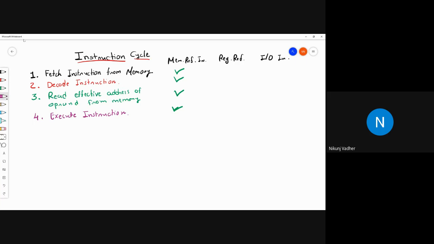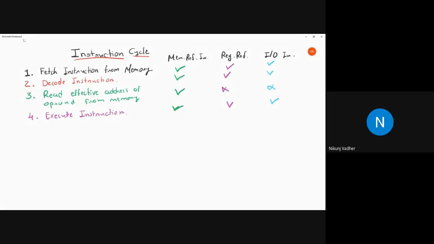In case of register reference and IO reference instruction, fetching the instruction, decode the instruction, this step won't be there, and execute the instruction. So some of the steps are optional.